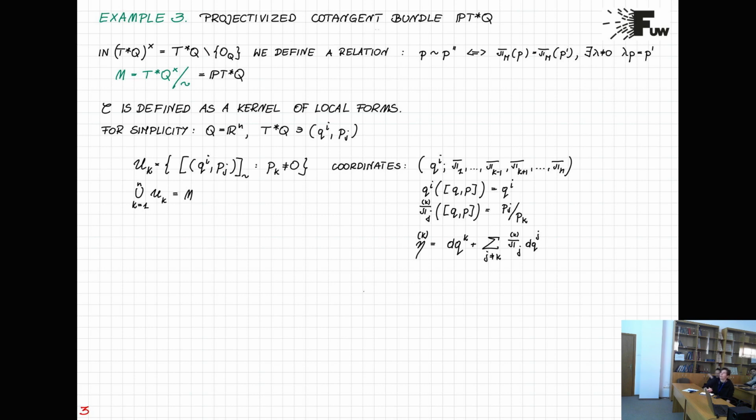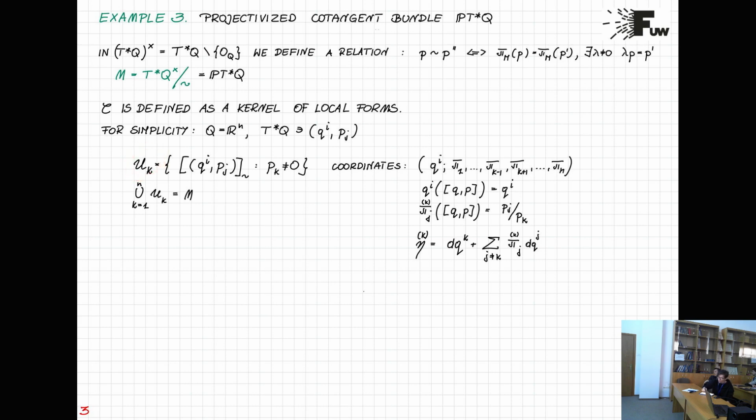And we proceed in coordinates as we do usually while discussing the projective space. For simplicity, I will think about Q equal R^n, but this is just for the sake of the presentation. I don't need to worry about the domain of the coordinates in the very base, so on Q. But we can repeat this procedure as it is with whatever manifold we like. But we start with R^n. So, as usual, we define